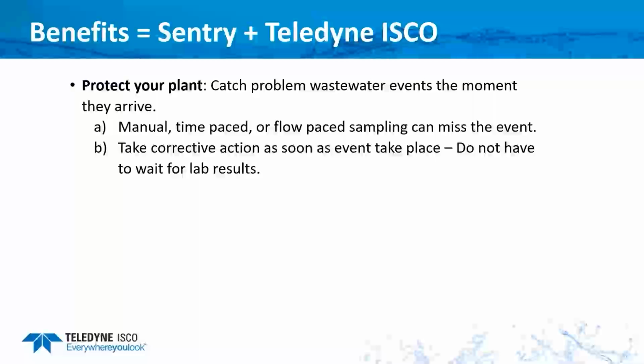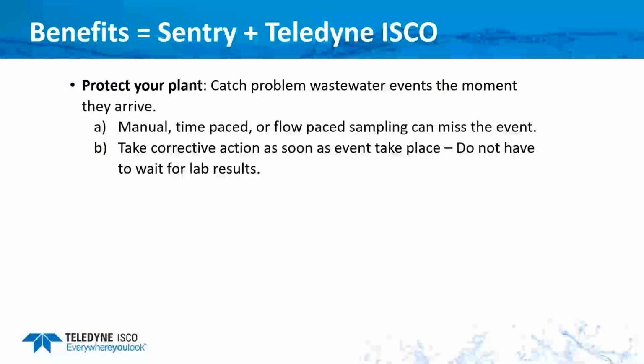Event-paced sampling allows us to guarantee that we are collecting a sample in the midst of the event that we're trying to track, trace, and determine what actions are required to protect the activity in the treatment plant. So we can take corrective action as soon as possible,